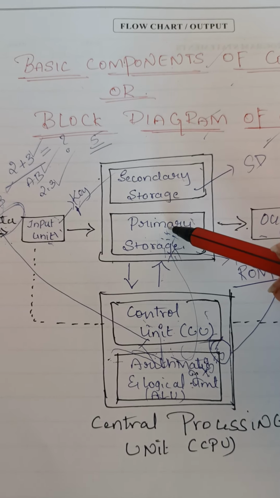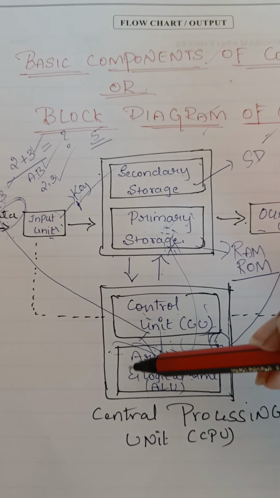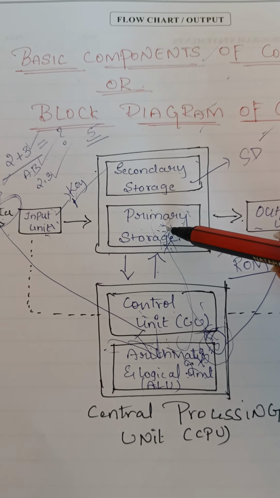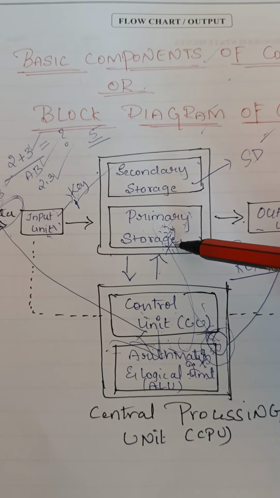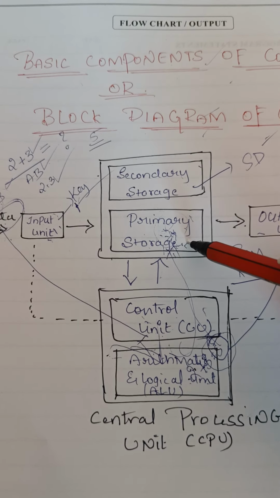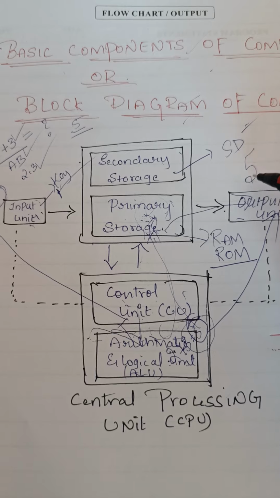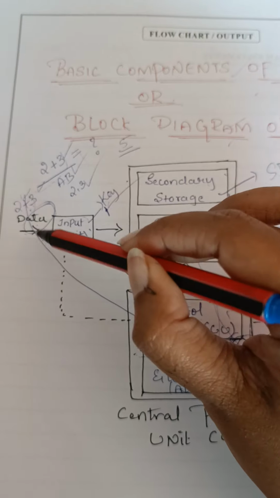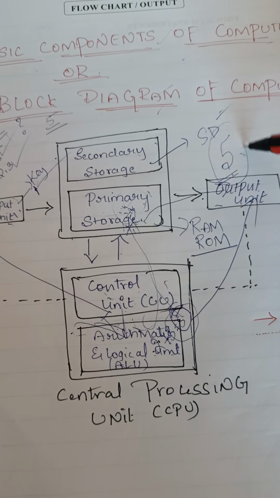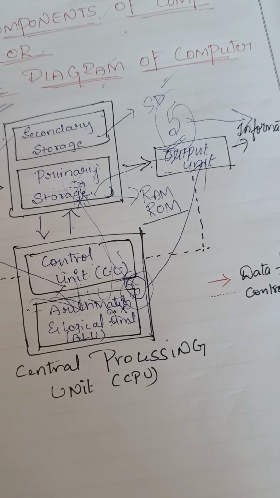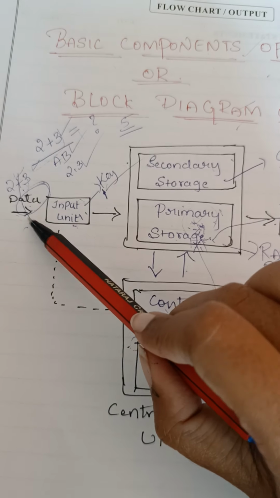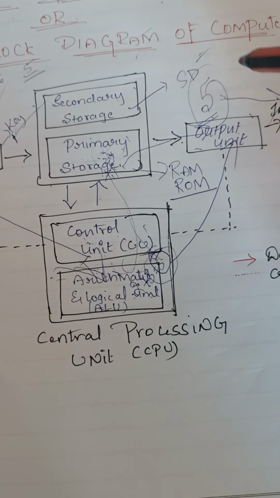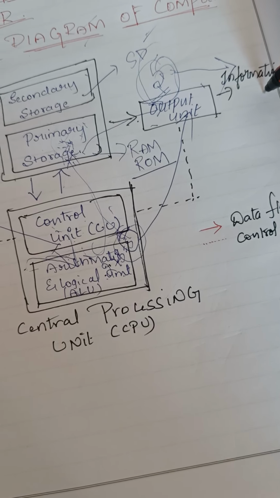So after storing here, whatever output we get, like 2 plus 3, 5, we get an output. That output should come here, and the output should be stored here or here based on the user's response. After that, the output comes outside, that is 5. Here the input is 2 plus 3, and the output is 5. So the input we call data, and whatever output we get, we call information. The raw fact, still not processed, we call data. After processing, that result we call information.